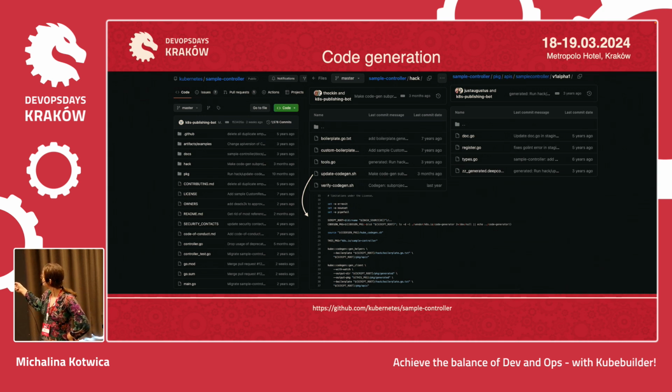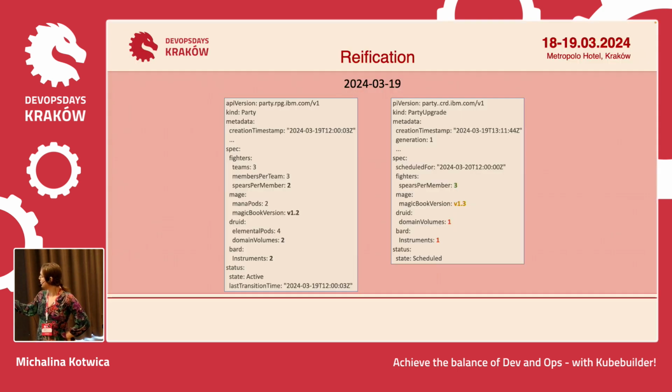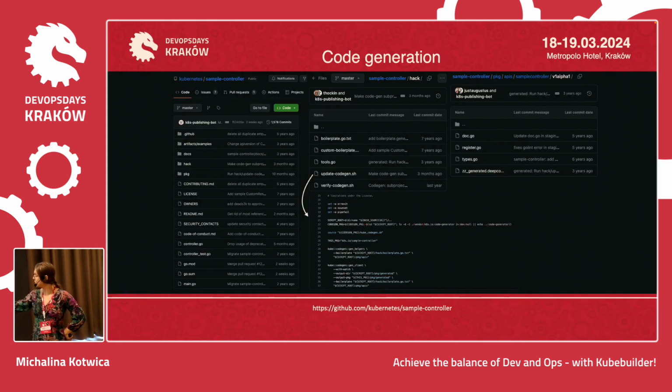Okay, we have the sample controller. Here we have some types, and this thing that is generated is called zz_generated.deepcopy. Okay, so we can generate the deep copy functionality into our types. Okay, what are these types? These types are basically this thing, but described this time in Go, which is arguably easier and better because we don't have to write YAMLs. We can write Go code, which at least for me is kind of an upgrade. I would prefer to not use Go either, but if I get the choice,